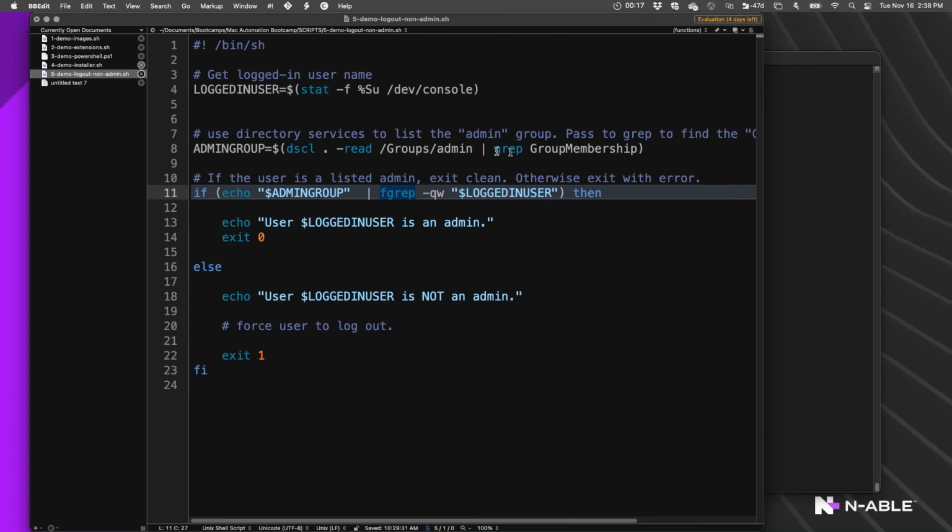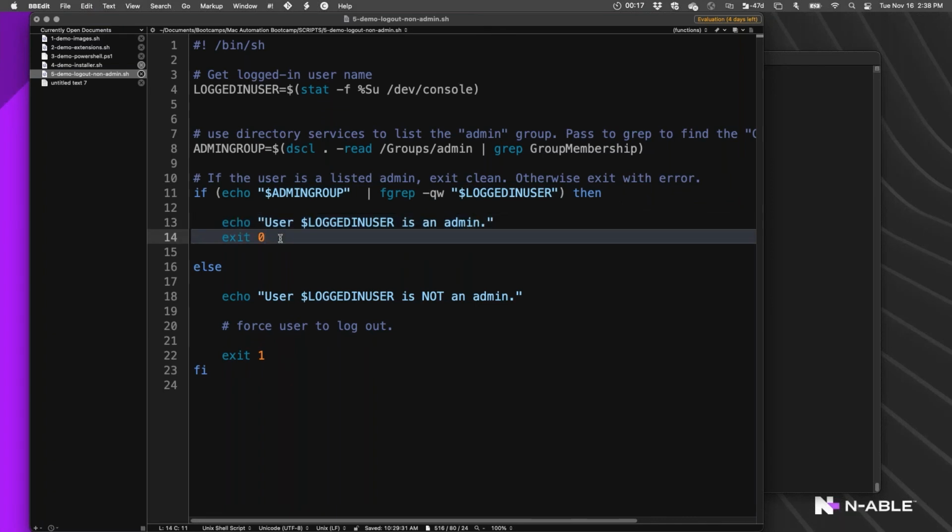It's basically the same search, just with certain features turned on. And what it's looking for is my name, the logged in user. And if that comes back with true, then the logged in user is a member of the admin group. So what I can do is say, okay, the logged in user is an admin, so we're going to leave them alone.